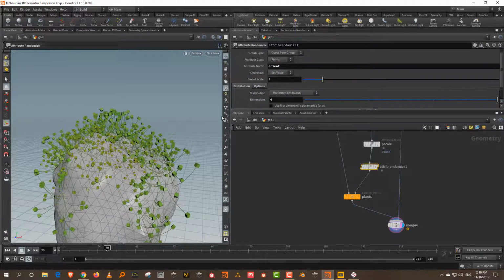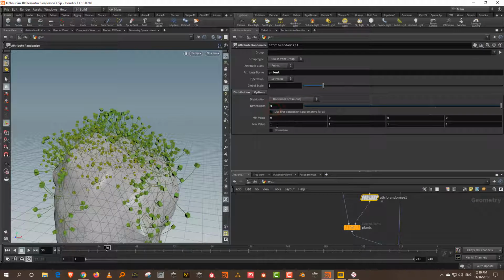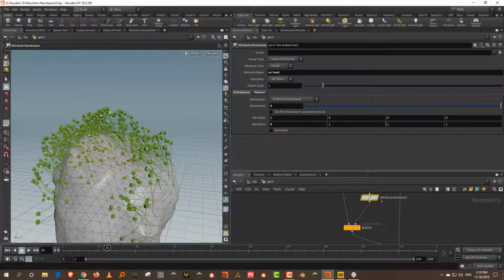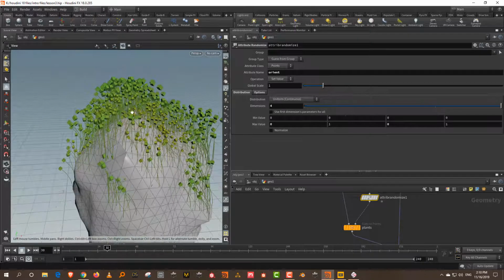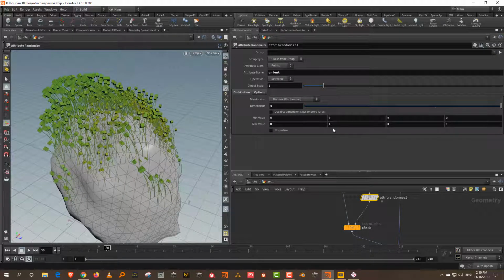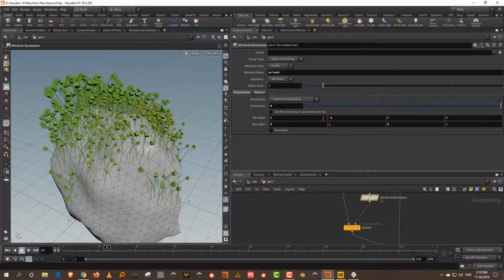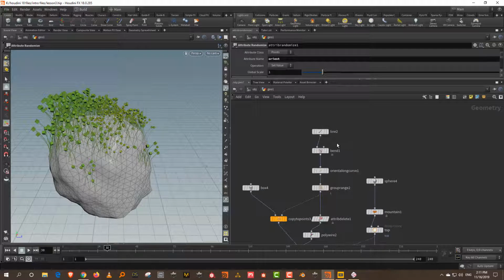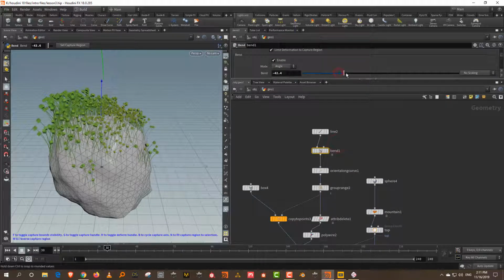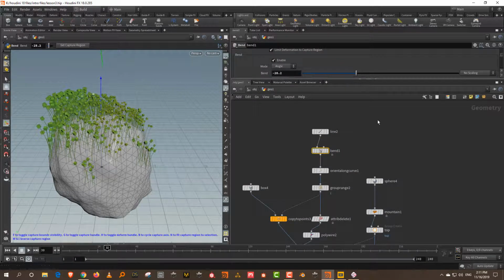And I can keep this to 4 and call this orient. Now by default it will randomize in all directions. We only want it in Y. So take both of these to 0. And there you go. So what you get is like this, and instead of 0 to 1, make it -1 to 1. So it will randomize in all directions. And if you don't want it to bend too much, we can probably just lower the bend. So let's just keep it about this.